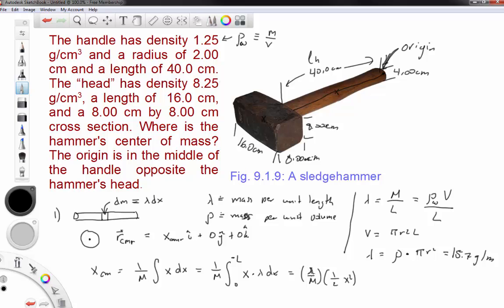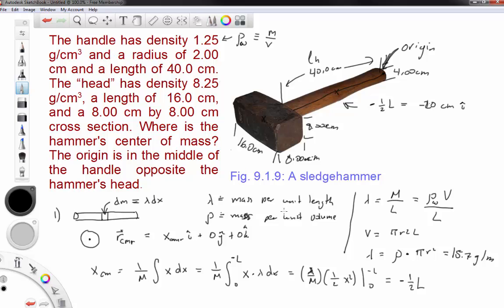So we'll just write this as lambda over m from 0 to negative L. And that is going to, in fact, give us 1/2 of L squared times lambda, which is actually mass times L, so the masses cancel and we just end up with 1/2 of L. All right, so we've found the center of mass position for the handle. It's basically going to be negative 1/2 of L, which would be negative 20 centimeters i hat, because the length